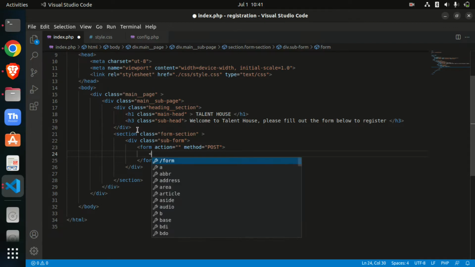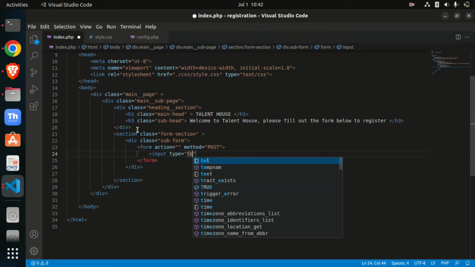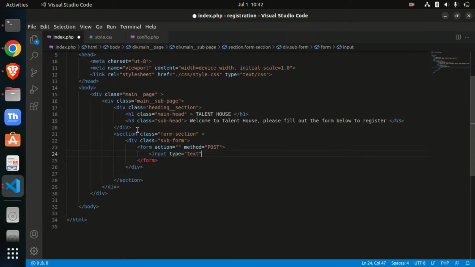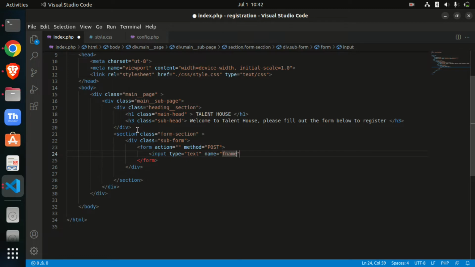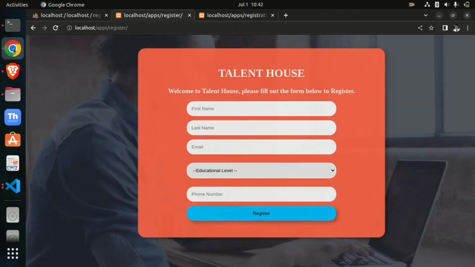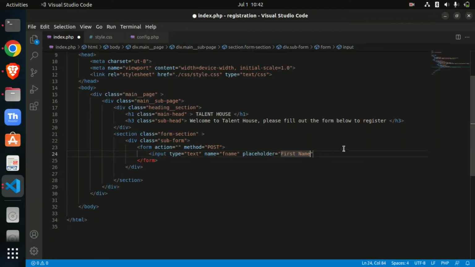Now we come to what? The inputs. The type of input that we have is going to be a text input, because we are going to take their first name. So the name of this input tag is going to be f name, which is a short form of first name. We have a placeholder. Let me show you what the placeholder does. So here you see first name inside. That is what the placeholder is all about. The placeholder is just supposed to temporarily put the name or guide you to what you're supposed to type inside that